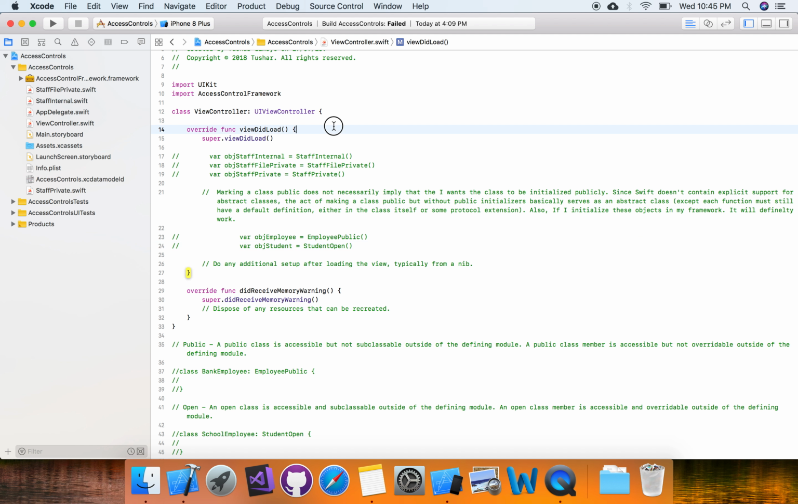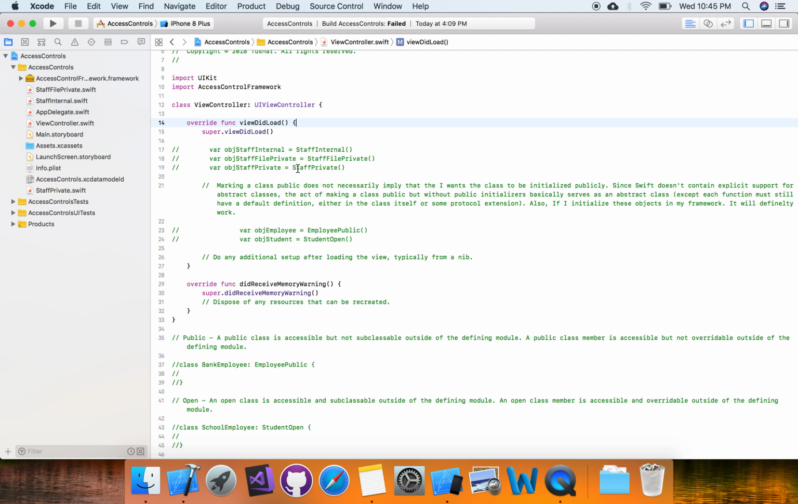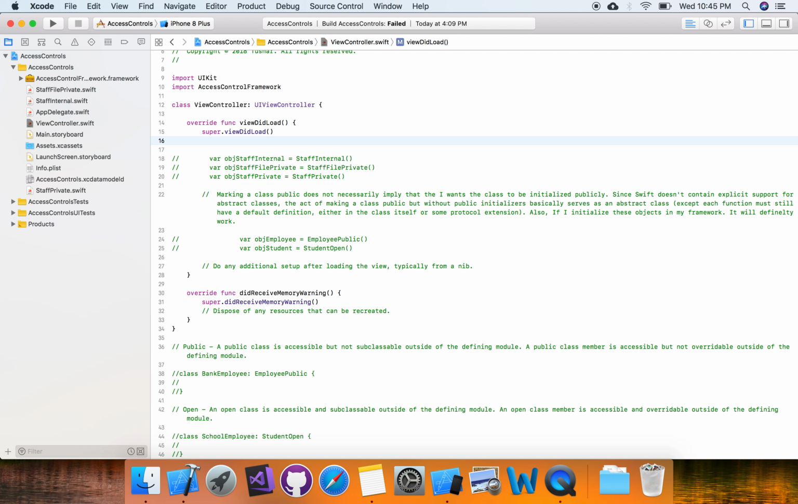I just created a project named access control, and I have a few classes created, and these classes have multiple access specifiers. So what are the types of specifiers? I'll first tell you in descending order. So the first is open. This is the most